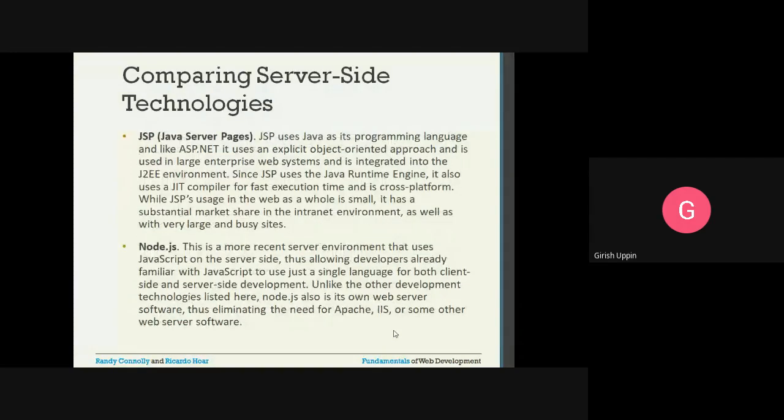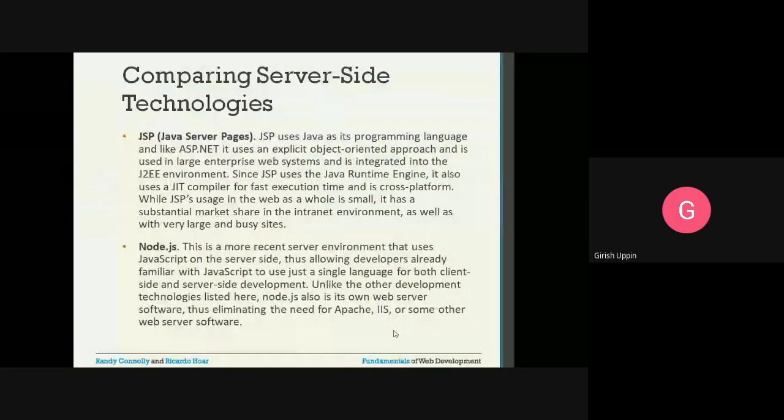JSP, Java Server Pages. Before ASP.NET and all this technology, JSP was popular, and it uses Java as the programming language. Like ASP.NET, it uses an explicit object-oriented approach, is used in large enterprise web systems, and is integrated into the J2EE environment.